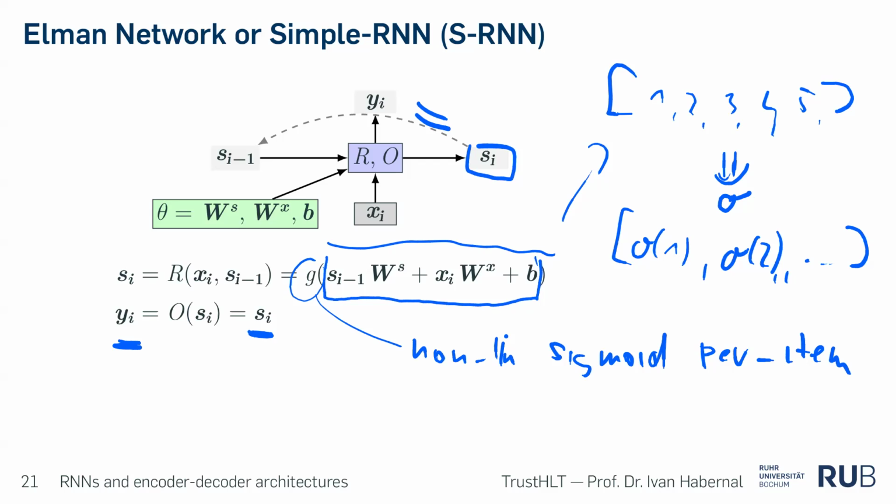Like you say, okay, I can compute S_i, I can compute this hidden state, which is a two-matrix multiplication and sigmoid. And if I want to compute the Y_i, I just say Y_i equals S_i, just the same vector. So basically here we would have the very same kind of node, like same value. Conceptually they are different, but we would say these are the same. This is the same vector. Okay. Good.